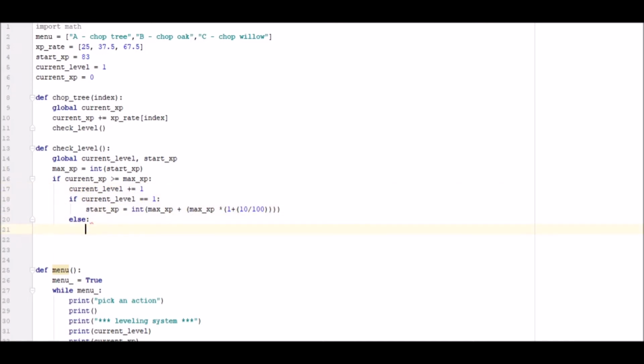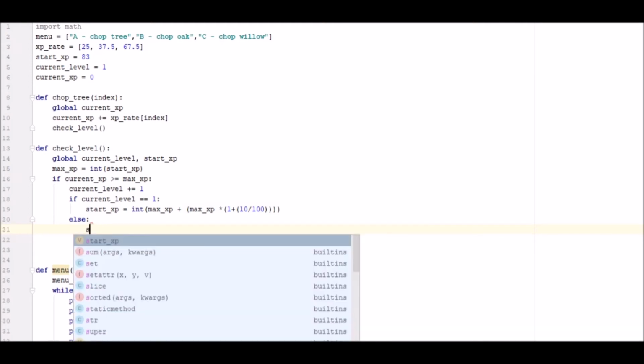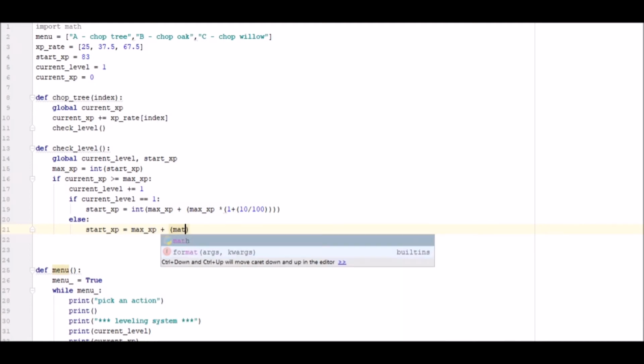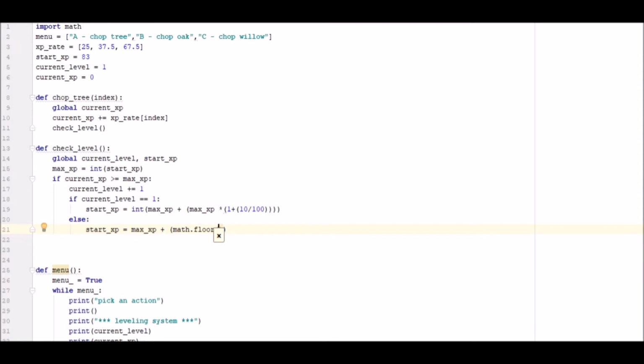And then we want to go ahead and go start XP equals max underscore XP plus math dot floor. So this is where the math gets complicated. Current level plus 300 times by 2, which we also here want to put a bracket there